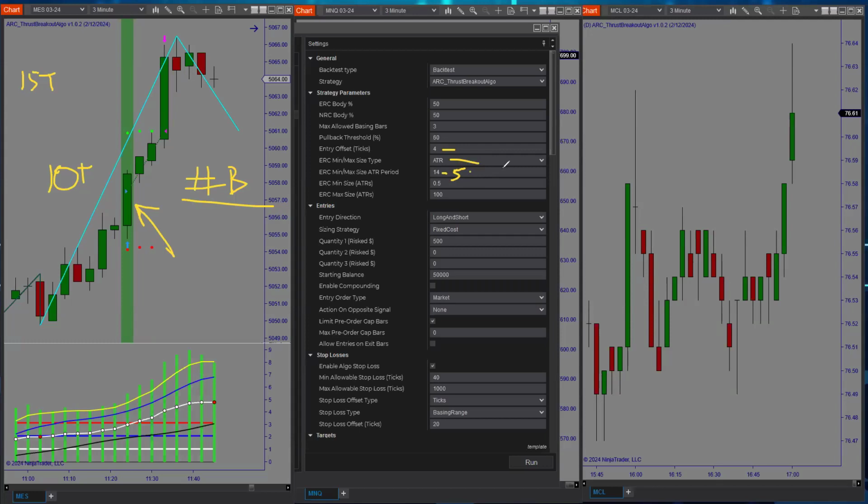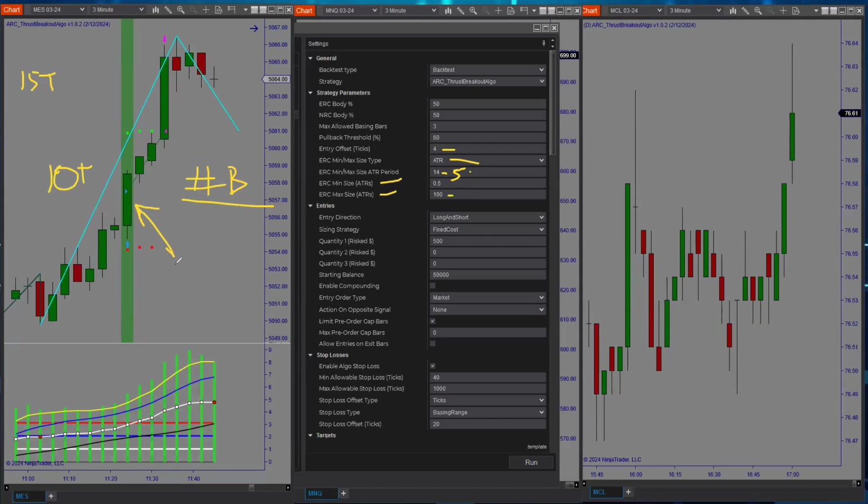That's just the way that I've done it, and it seems to work out well, but you can optimize those. So now you get to extended range minimum and maximum size. Now, I don't really know why you would necessarily want to use a max size unless